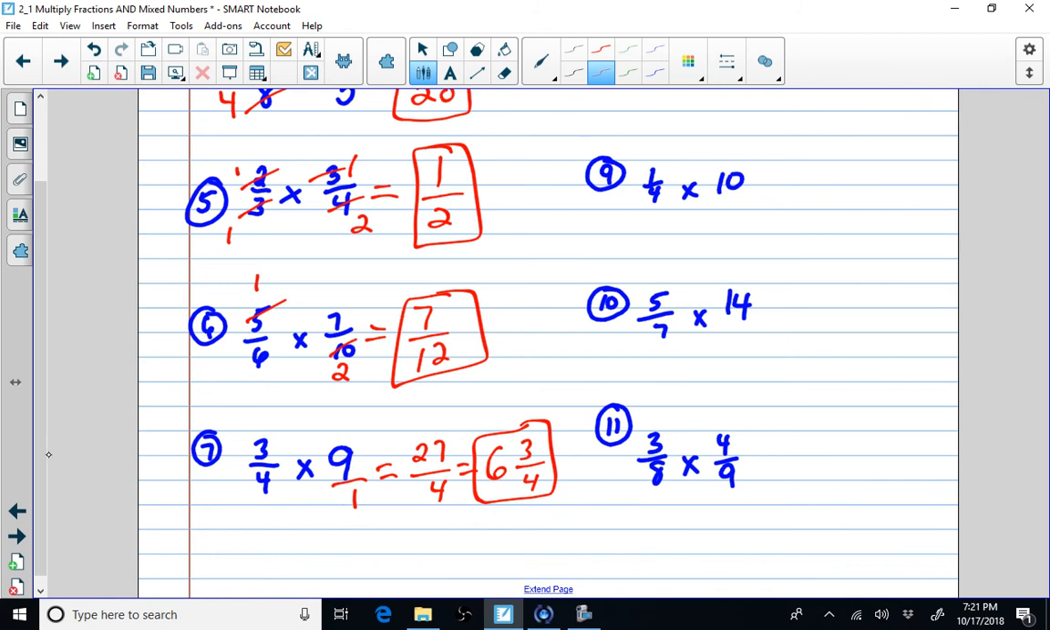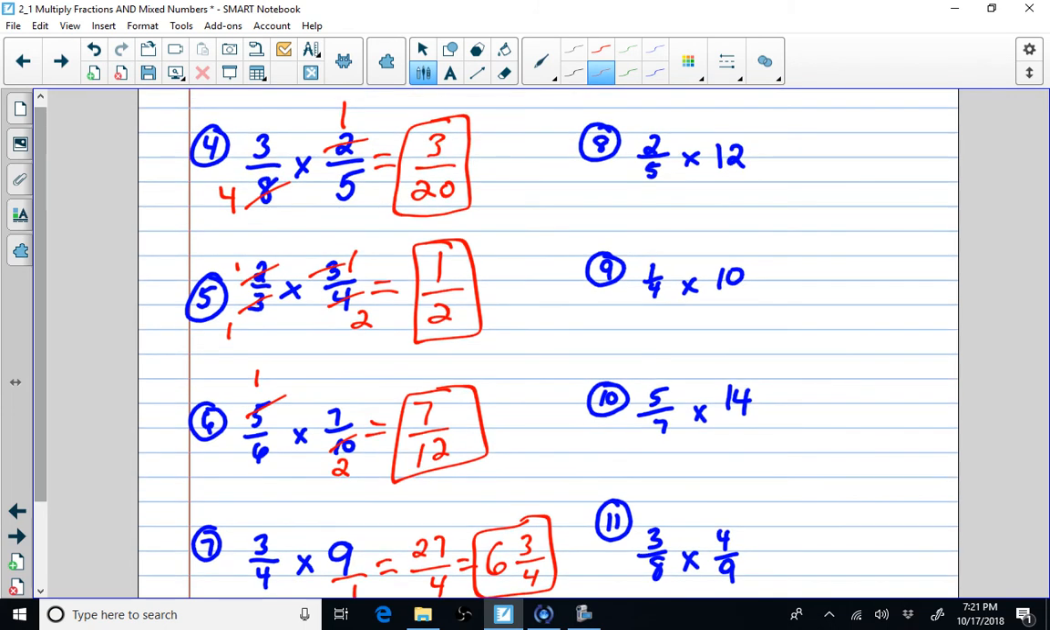All right? We continue. I look at problem number 8, right? I put the whole number over a 1. I look to see if I can divide out. I can't divide out with this problem either. So I multiply numerator times numerator. 2 times 12 is 24. Denominator times denominator. 5 times 1 is 5. 24 over 5 is a fraction in simplest form because the greatest common factor of 24 and 5 is a 1. But I want to rewrite that